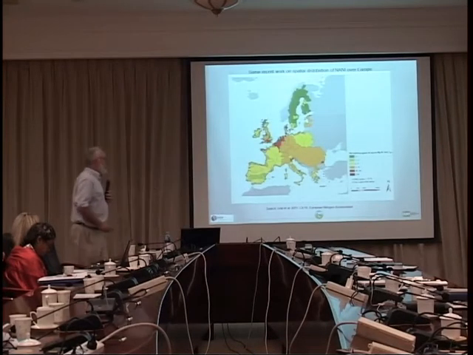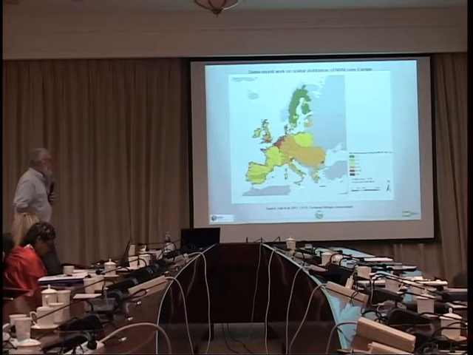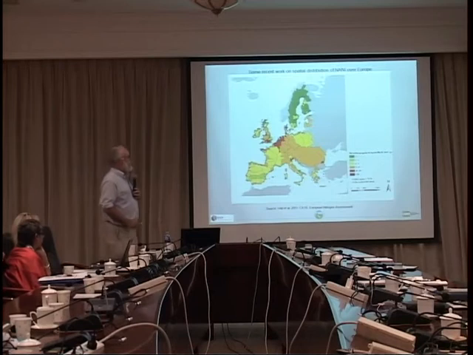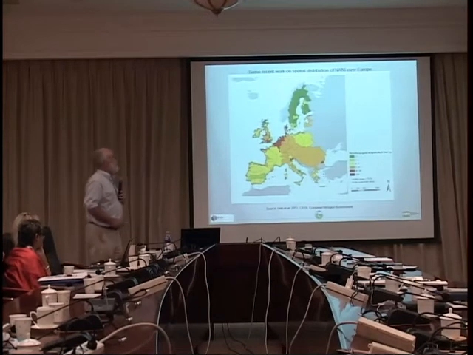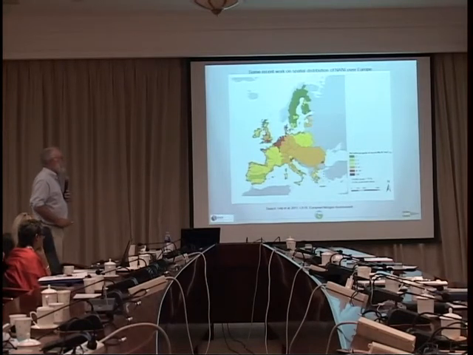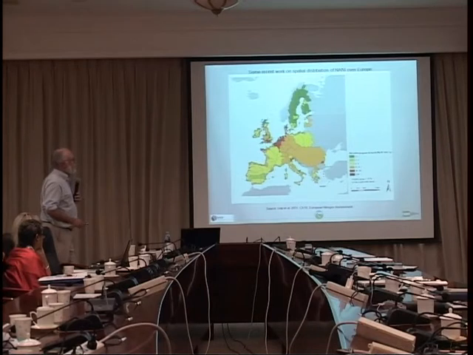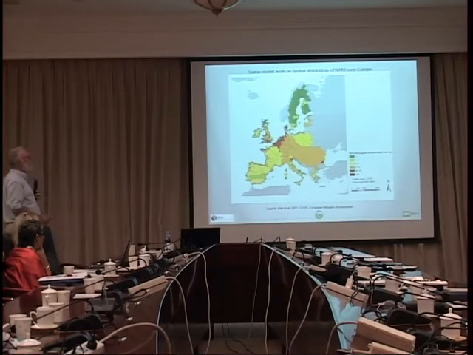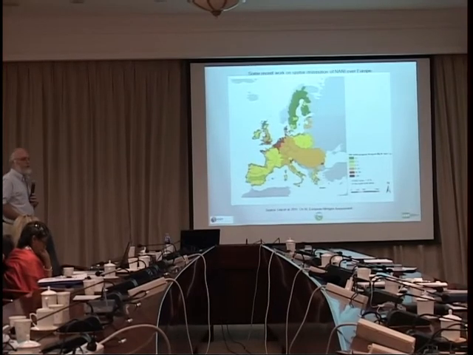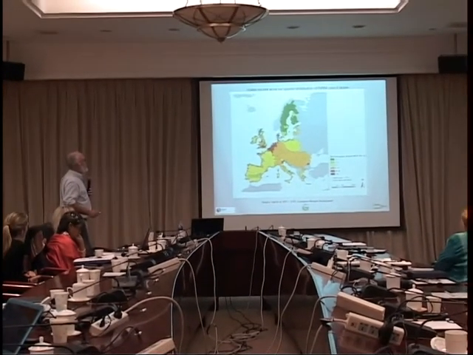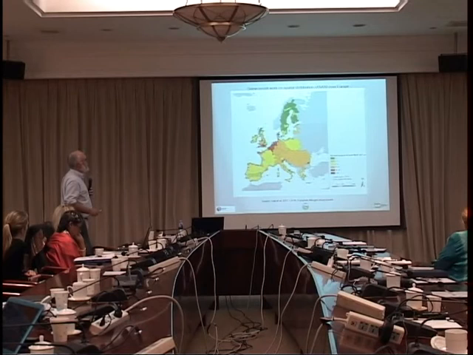Just to show you that we're not the only ones who use this methodology, this is from the recent European nitrogen assessment, a completely independent group working on a version of NANI for Europe. This is from chapter 16, showing a different scale here, but showing interesting regional variations. Scandinavia is relatively low. Not many people up here, not a lot of agriculture up here. There's agriculture in southern Sweden, but